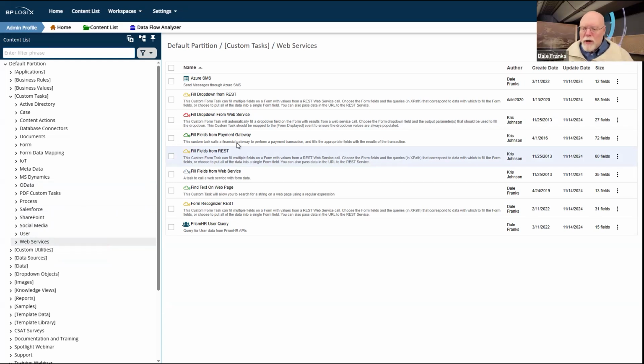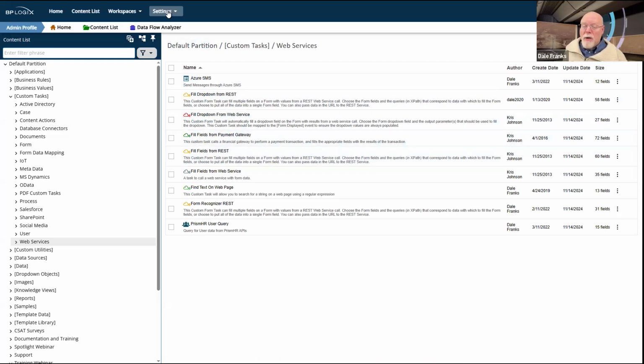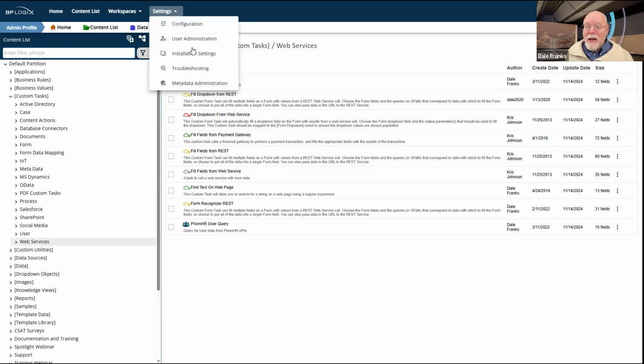There's no restriction on these particular custom tasks. However, if you want to use some of the web services from Process Director itself, that's going to be a little problematic unless you have enabled the web services in your installation settings.